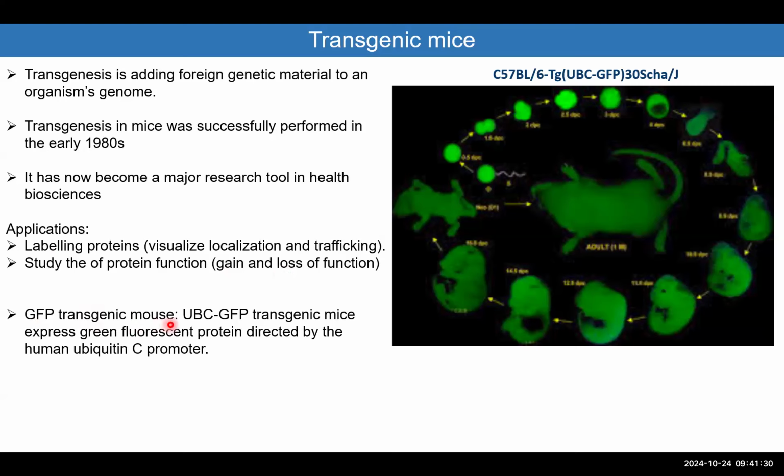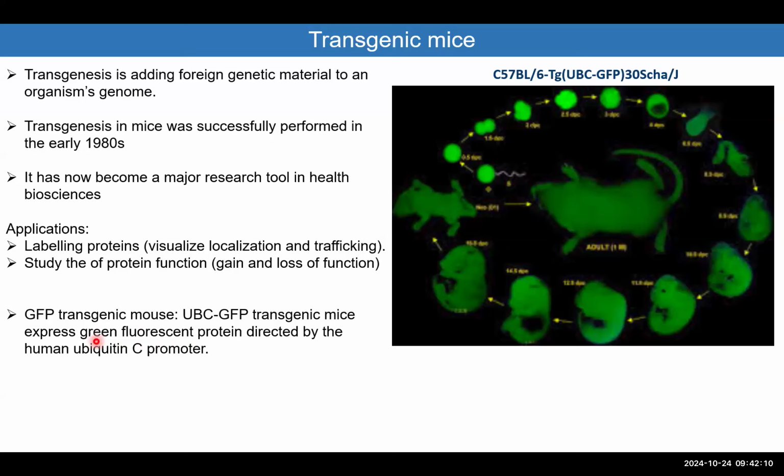The example you see here is the green fluorescent protein. We use a ubiquitin promoter. So this is a transgenic animal, a transgenic mouse, expressing green fluorescent protein directed by the promoter, which is the human ubiquitin C promoter. There are multiple types of ubiquitin, so this is the human ubiquitin C promoter. In other words, whenever the ubiquitin promoter turns on,